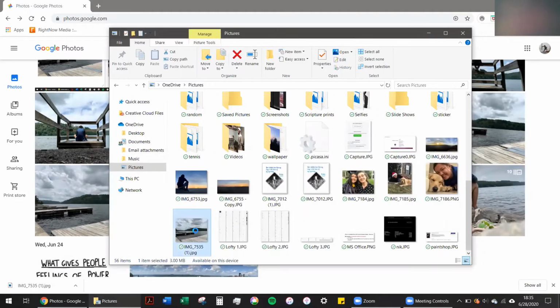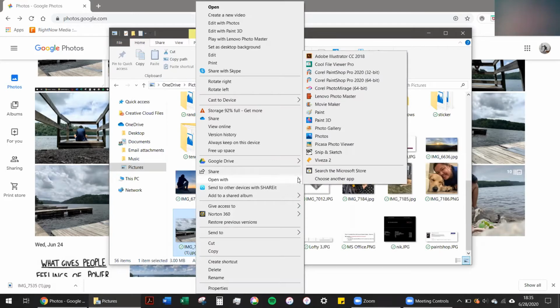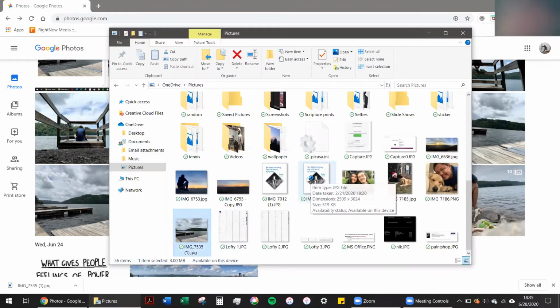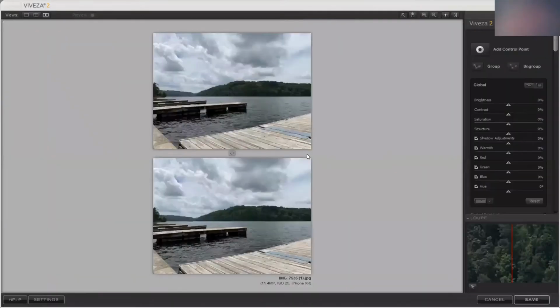And basically, I use this software called Nik, N-I-K. And it's a studio. I think Google put it out, and I don't think they do it anymore. So if you can get it, that's cool. If not, that's a bummer. But part of the studio is this called Viveza 2. And it's pretty cool because what you can do is you can